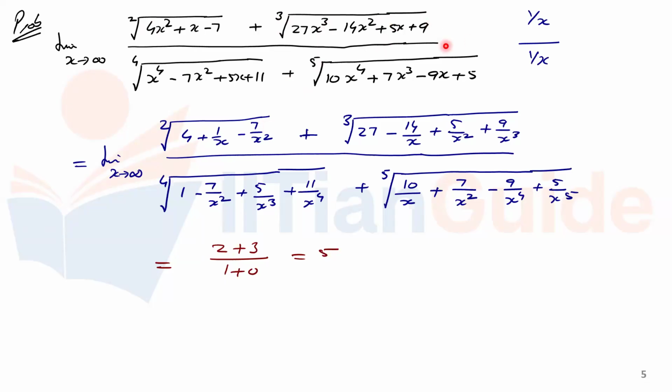उसको डिलीट कर देंगे, 3x आ जाएगा, 2x आ जाएगा। आई एम शोइंग यू, आई विल गेट 2x, आई विल गेट 3x। x की पावर 4 रहेगा, बाकी सारी टर्म हम डिलीट कर देंगे। x की पावर 4 पावर 1 by 4, इफ आई डू आई विल गेट x। आई विल गेट x हियर, यहाँ पे x आ जाएगा। हियर x की पावर 4 by 5 विल कम। ठीक है, x की पावर 4 by 5 कराएंगे।